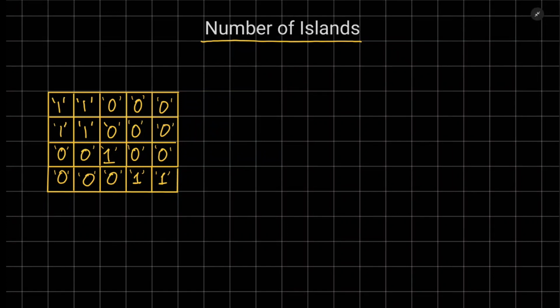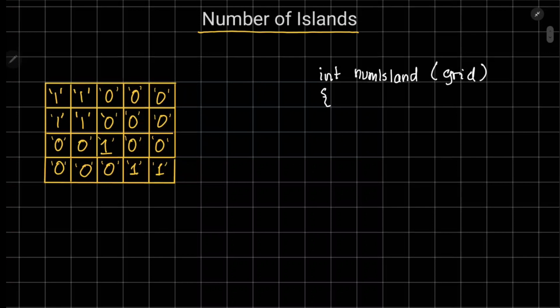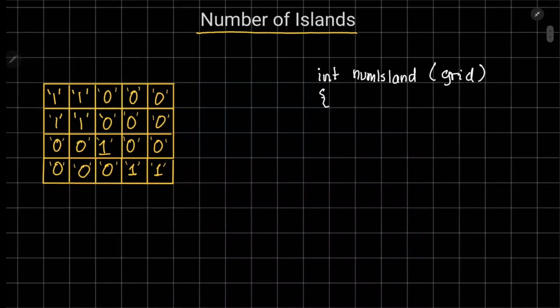Now let's quickly see the pseudocode of this problem. There will be two functions. One will be int numIslands. We are having the grid here. So in this function we are just traversing the matrix, and when we find 1 we will be calling the DFS function over it. So for i in row and inside it for j in column,